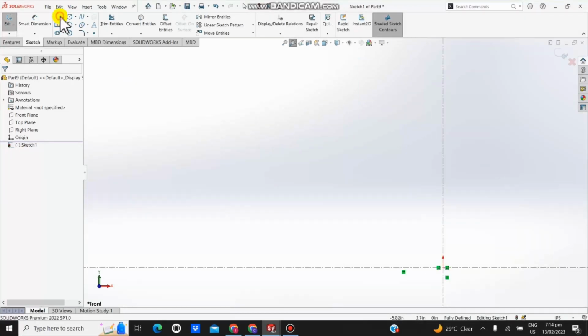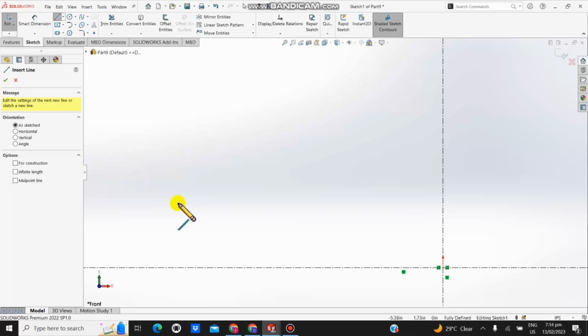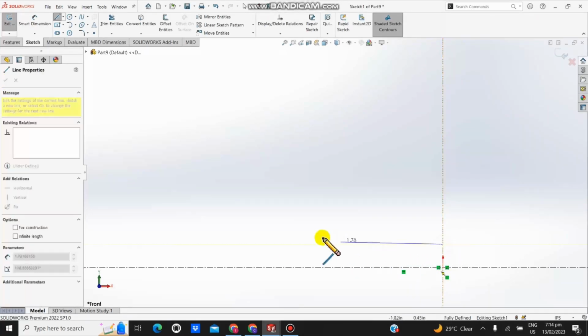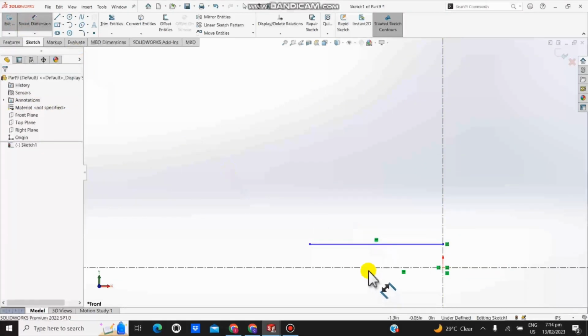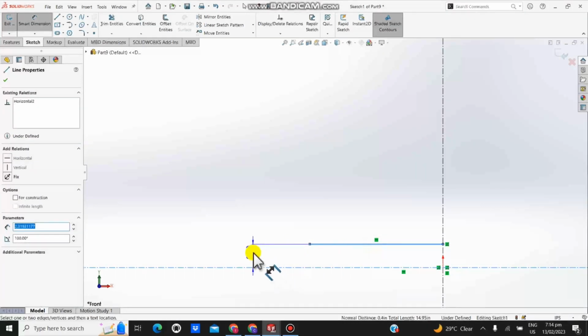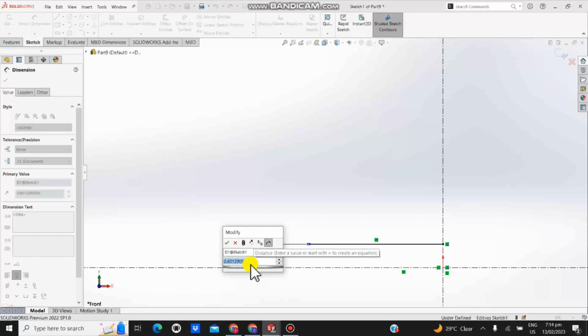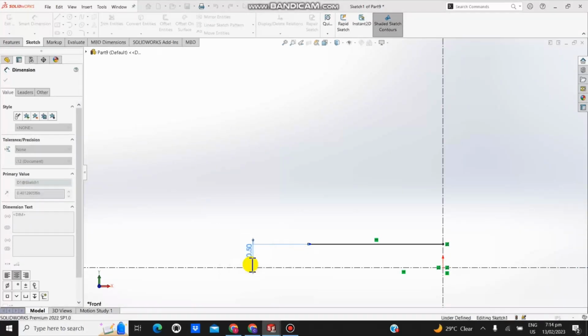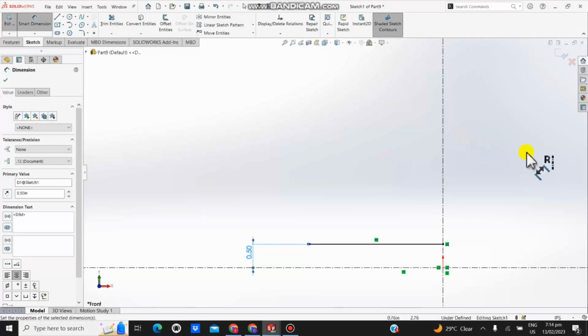Okay, so I draw my line starting from here, a horizontal line. Then the dimension between this line and this one is 0.5. So click on this line, click on this, then enter the dimension 0.5, or you can just type 0.5. Press enter. The next one is the dimension of the line,